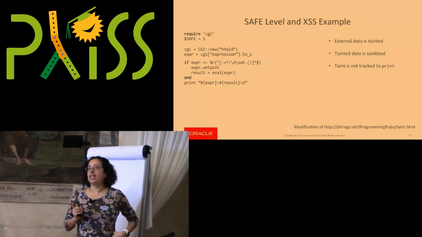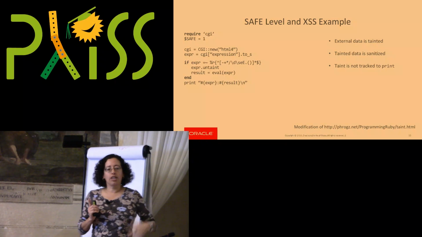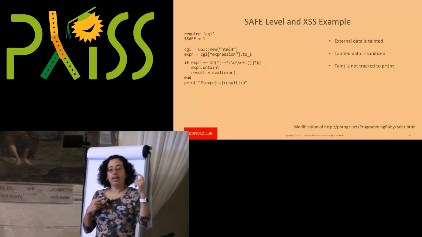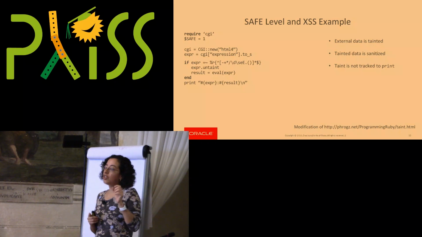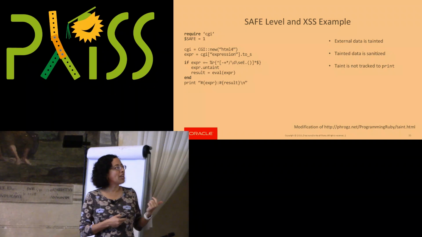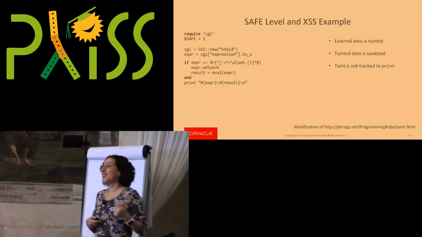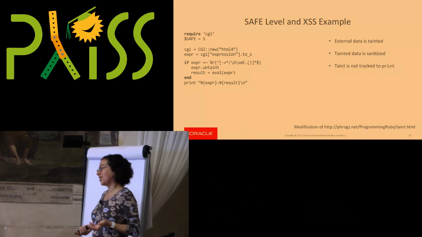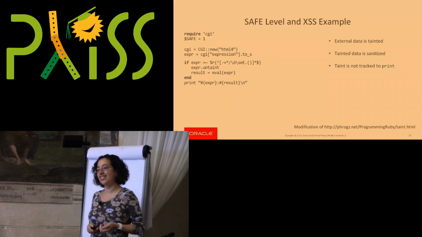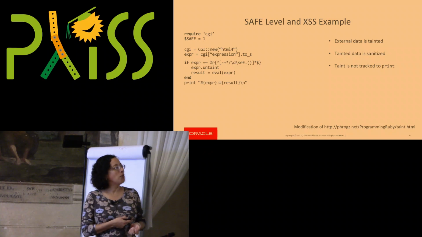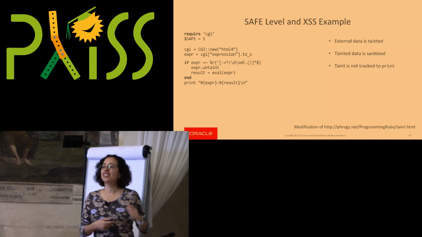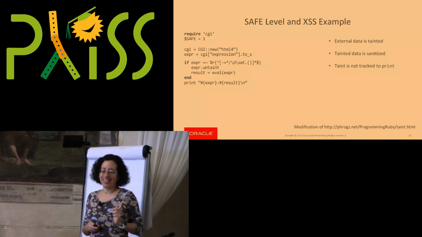So if you recall, initially I said there are some methods that actually don't get tracked in the runtime system. And print, syswrite are examples of those. So it means that I could pass whatever string, and when it reaches this print, it's going to just display that string, and I may actually end up with a cross-site scripting attack in this particular case. Right? Even though we have sanitized, we have sanitized for a different purpose, right?